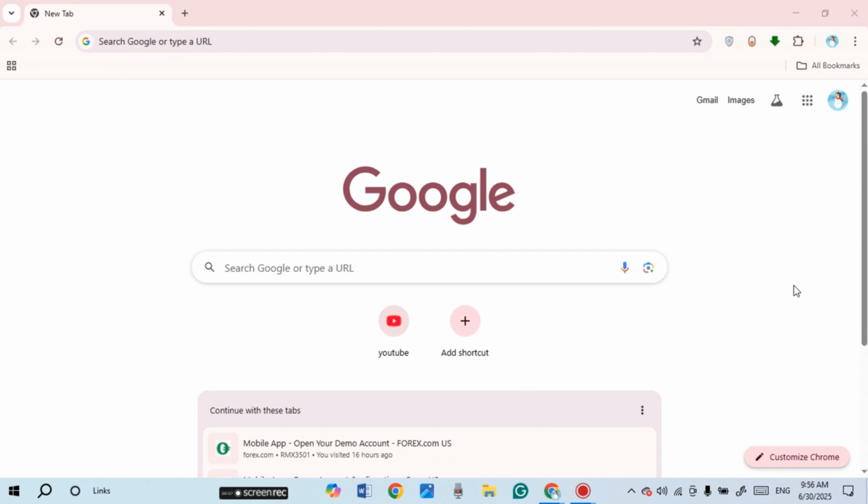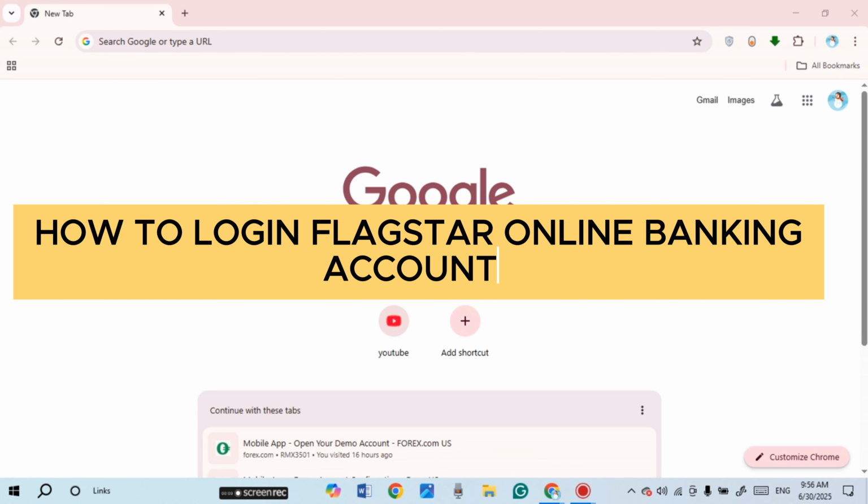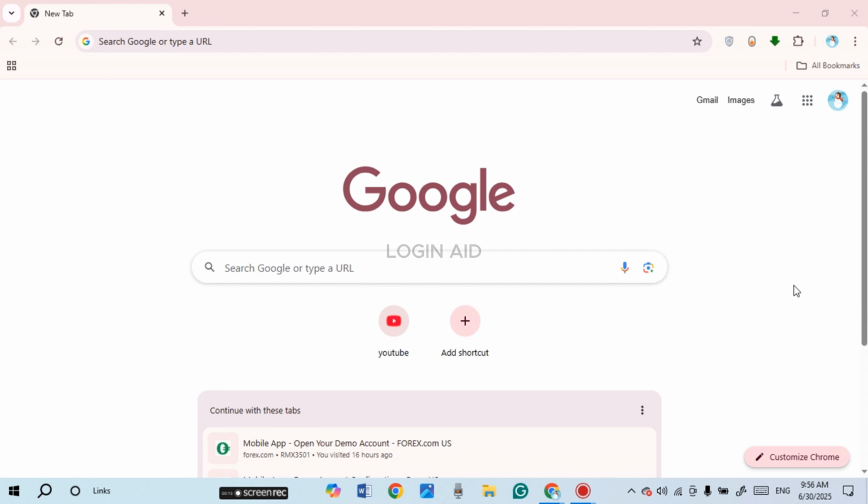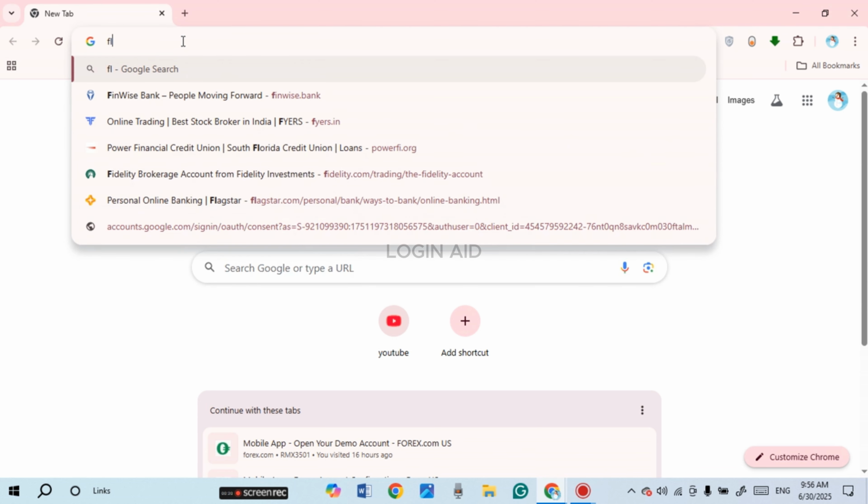In this guide video, I will show you how to log in to your Flagstar online banking account. So first of all, what you have to do is launch any browser of your choice. You can see over here I have opened Google Chrome. Now click on the search bar and type in